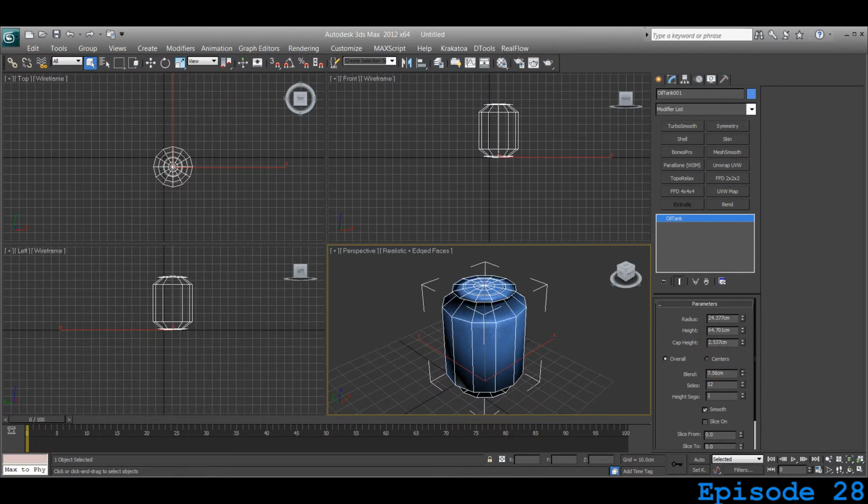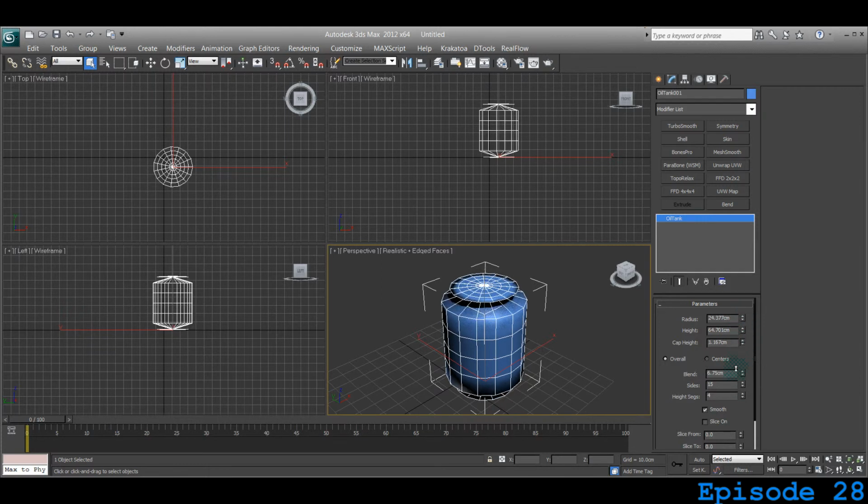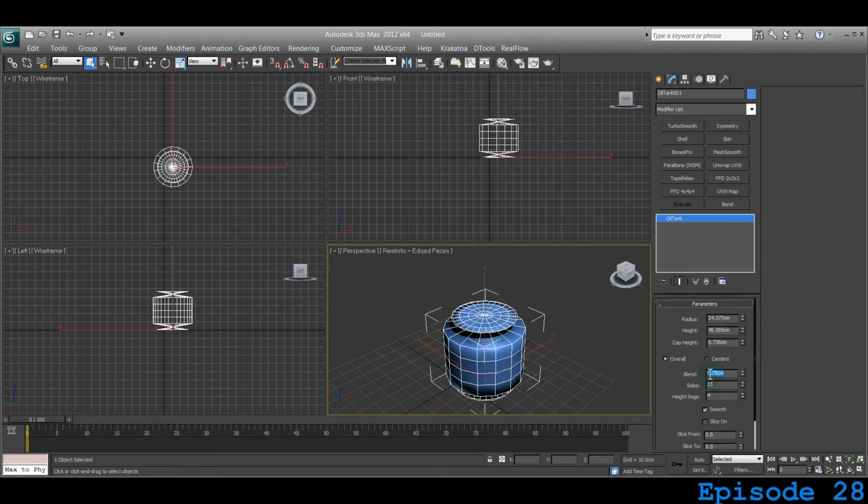You can use them, but you see the geometry breaks if you're doing it without having enough information. The sides have to be increased, height segments have to be increased, and at the same time you have to make sure that cap height is a reasonable number. Also make sure that this is below 6 definitely,